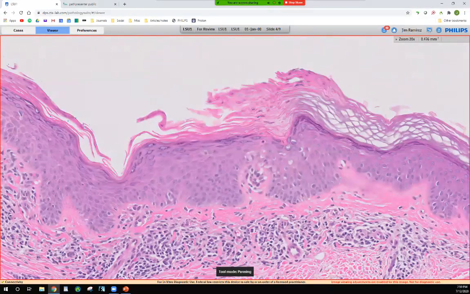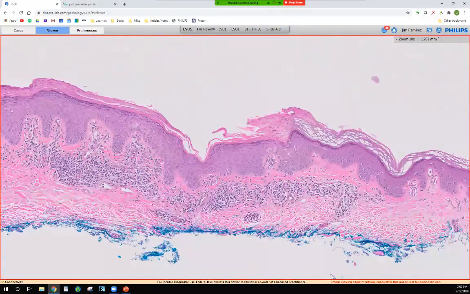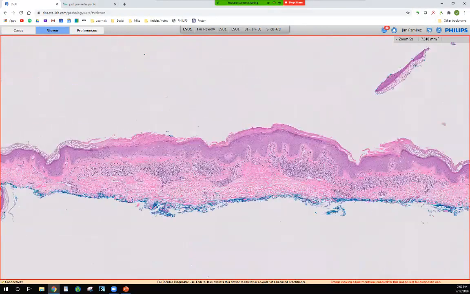Remember I told you to take that broad biopsy at the edge of a porokeratosis to be able to get that cornoid lamella right here. You can see that parakeratotic column stabbing right into the epidermis with individually necrotic cells right here in the dell. So here's one on this side. We actually have one